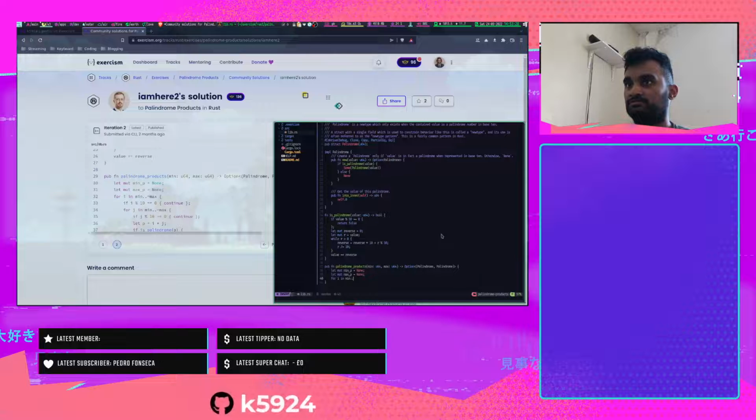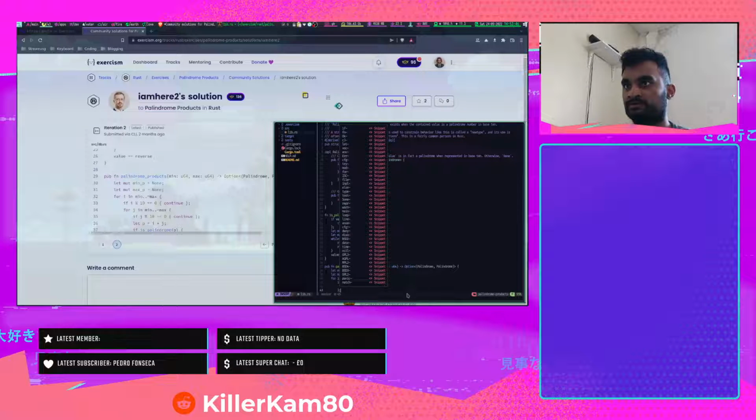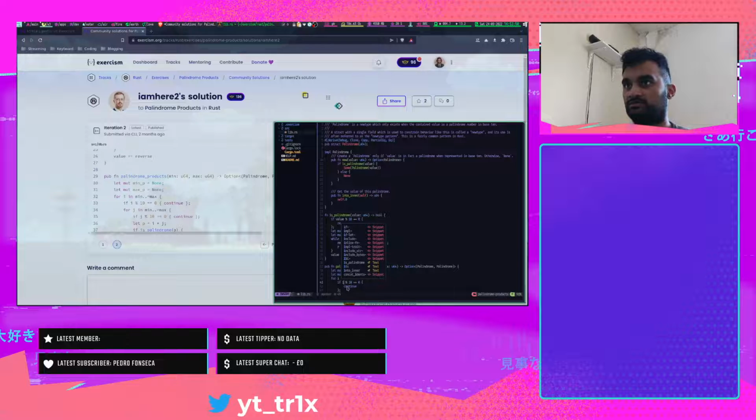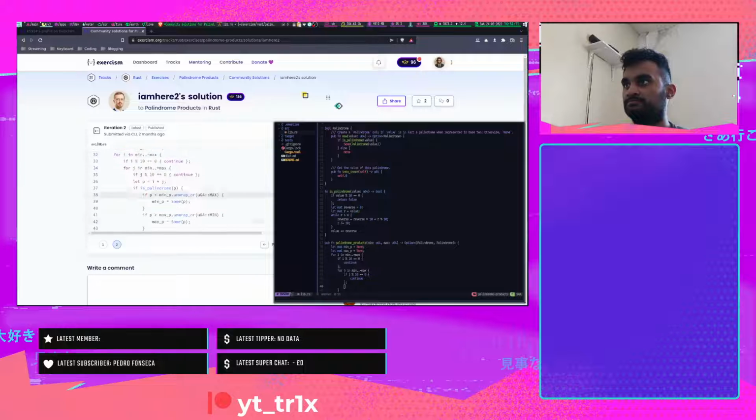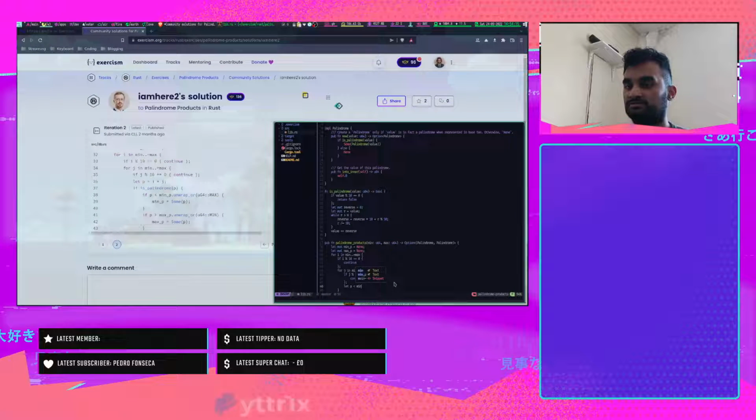I in min. So you're just iterating from the minimum number to the maximum number that was passed here. Now you do if i mod 10 was equal to 0, you just want to continue. And I don't know why that was a cap. for j in min to max, if j mod 10 equals 0, continue. Let p less than min p dot unwrap